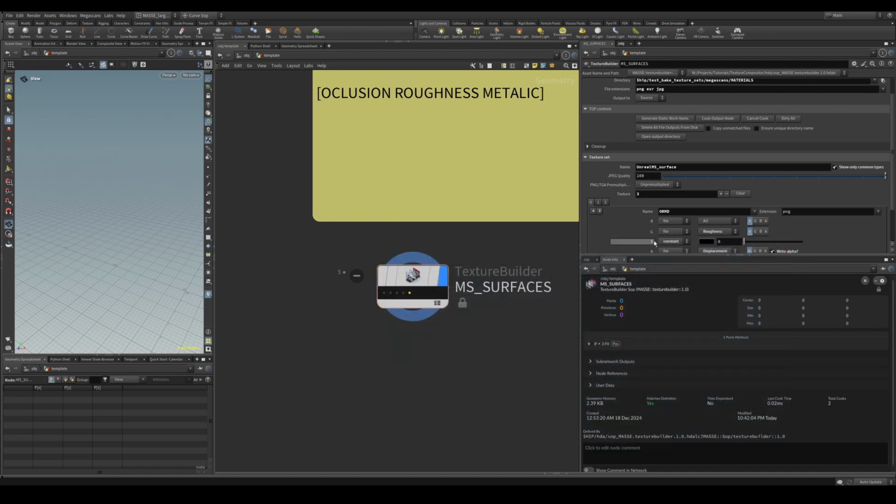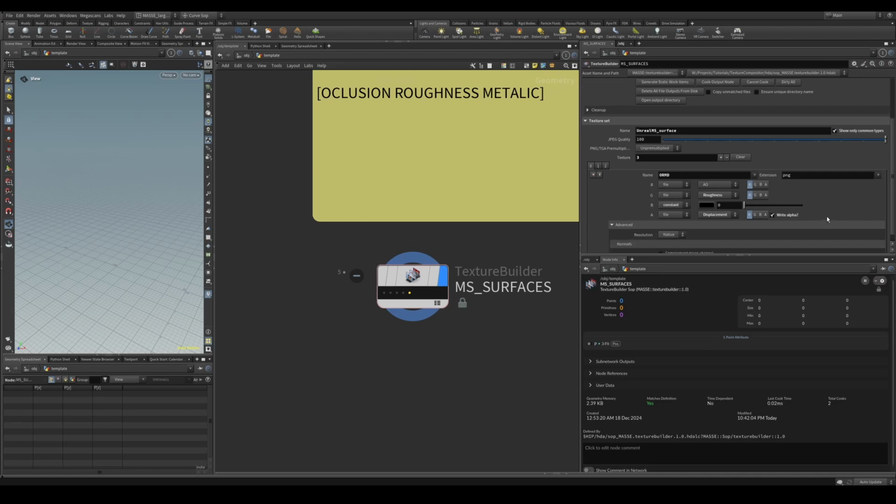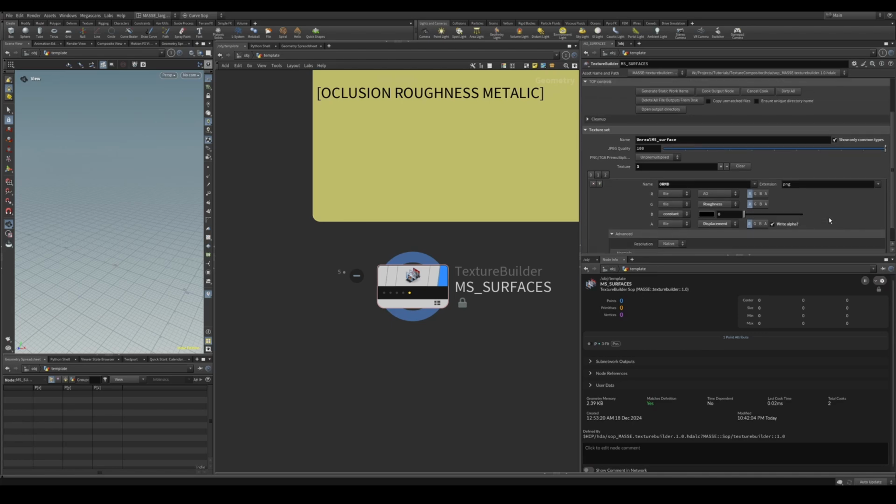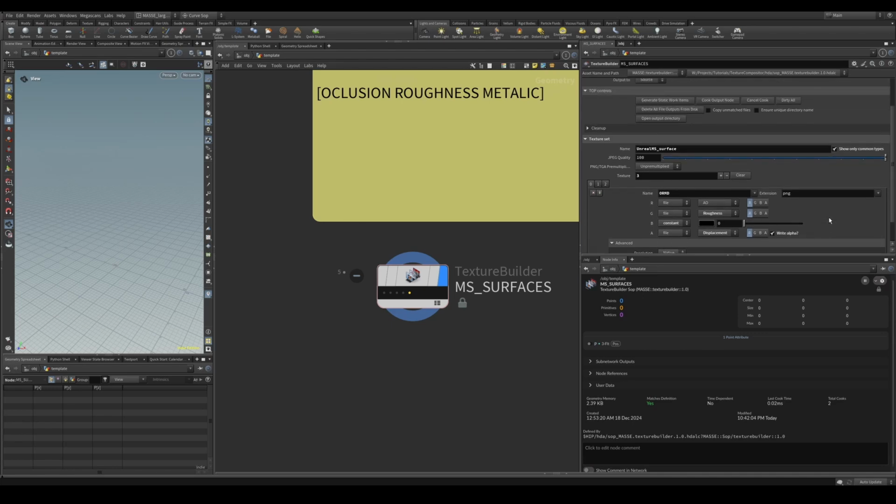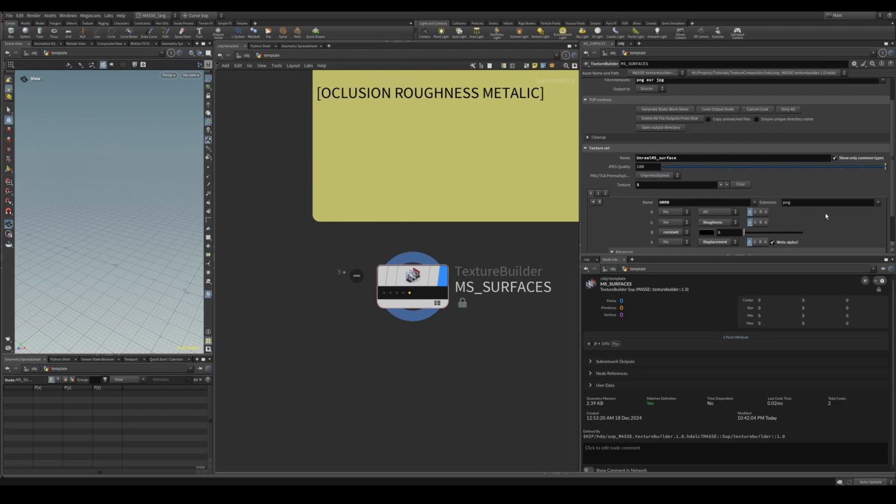And there are a couple of ways to handle some of the errors that might come up, but we're going to do it a little bit later. Oh, and actually, let me talk about one thing that I wanted to show, which is show only common types. This is a very nice feature to have to prevent any cooking errors before we actually cook out textures, because this is going to basically check for